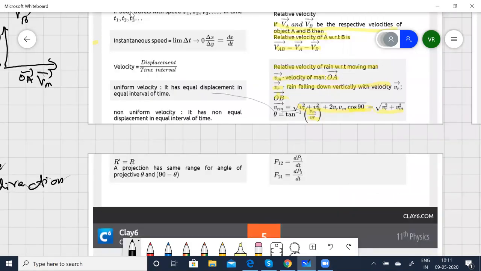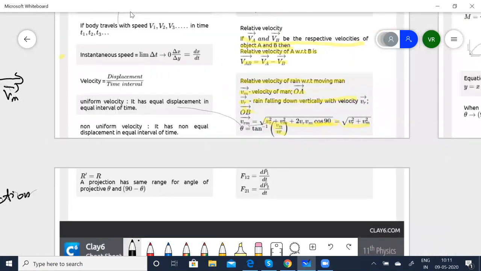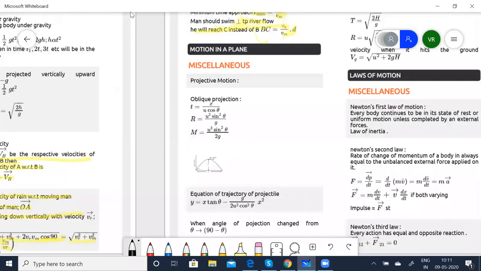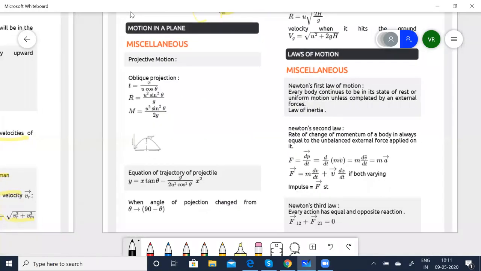Here it is. Projectile motion. Yesterday we were talking about this projectile motion. I told you how an object is now going to experience a free fall. Whenever it is under the influence of free fall, it is under the influence of acceleration due to gravity. So we can recall that here. Let me explain that to you.